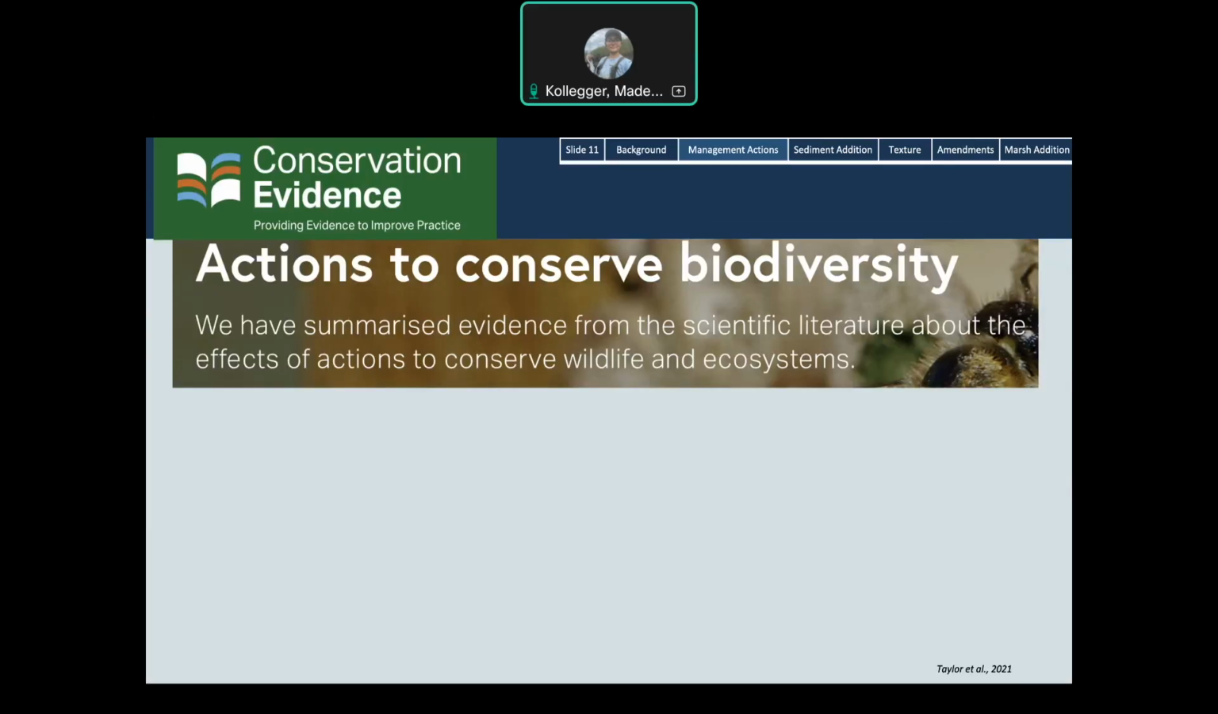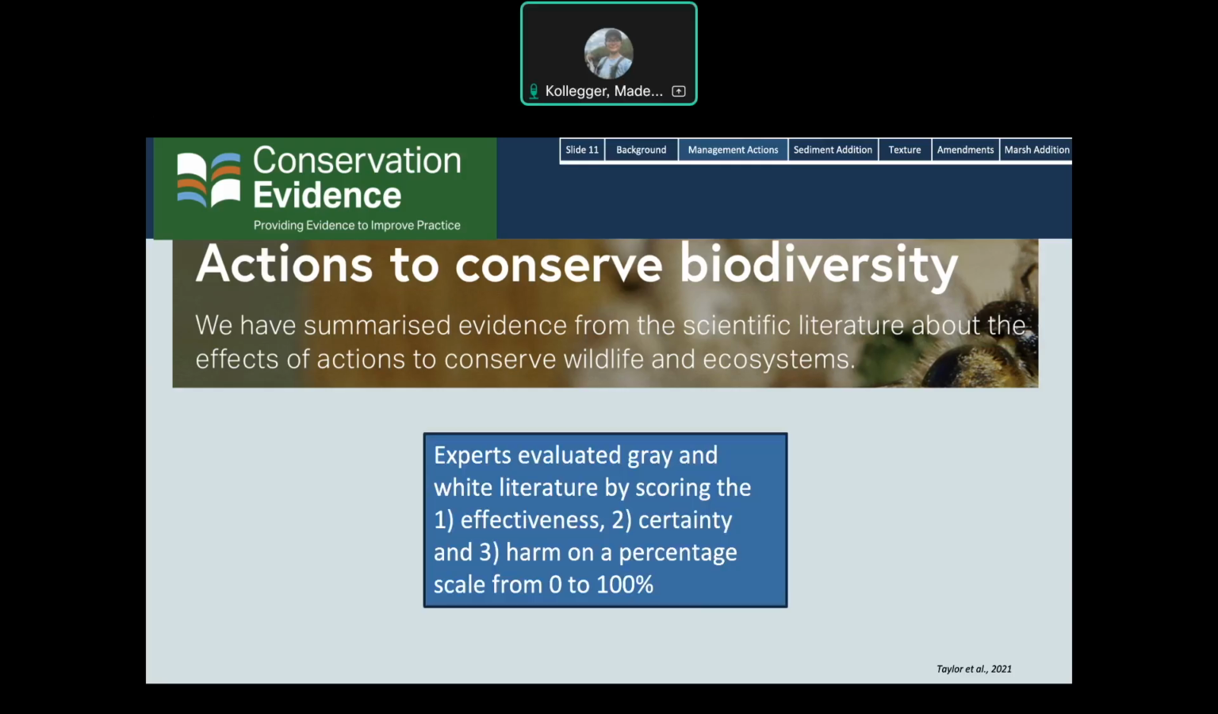And so to do this, I leveraged the Conservation Evidence Database, which is a collection of expertly evaluated studies and actions that can be found on the internet. All of these actions are things that can be done to promote and protect aspects of the environment. They're evaluated by an expert panel reading papers to support the evidence of that action. And so that's kind of what this looks like. They'll read gray and white literature and score the effectiveness, certainty, and harm of the action based on the evidence